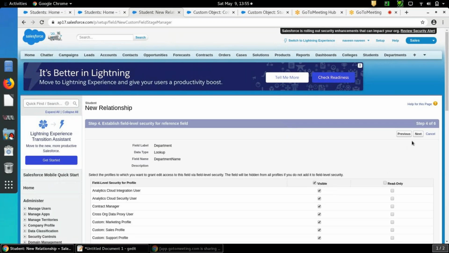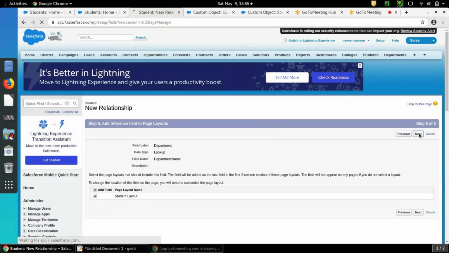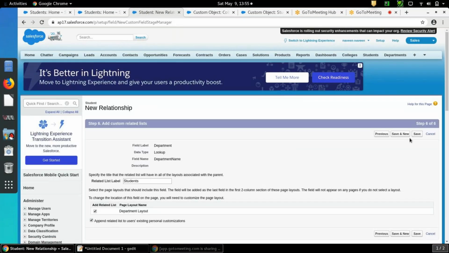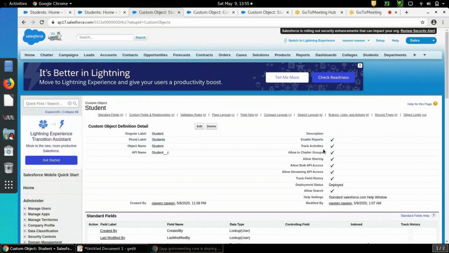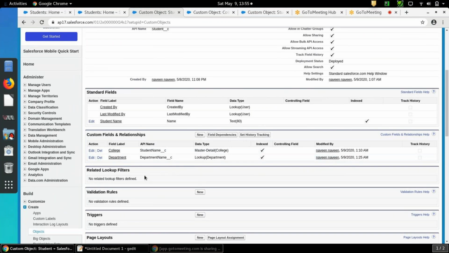Visible to all. Click on next. Next. Save it. Okay. Now we got a lookup relationship field between student and department.